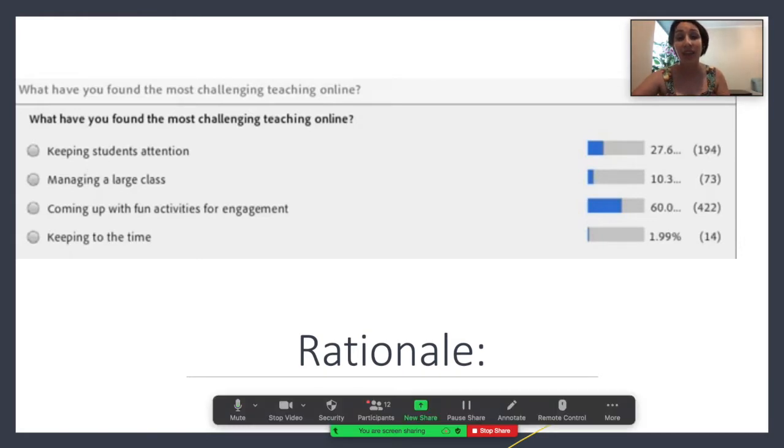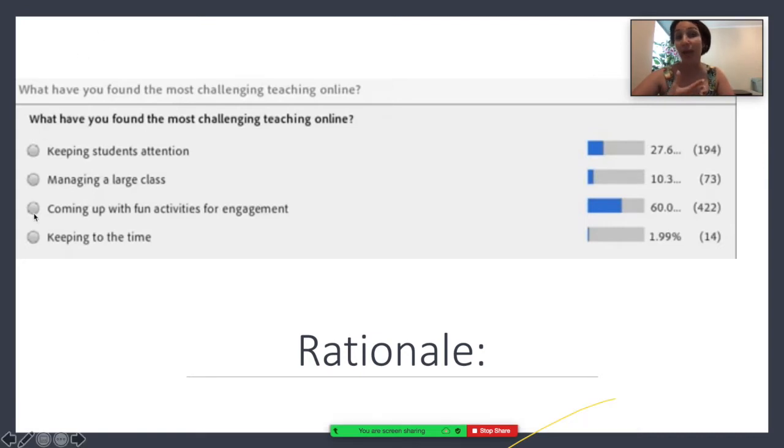And surprisingly, my expectation was that most teachers would say that managing the class and keeping the students' attention would be the most challenging part.